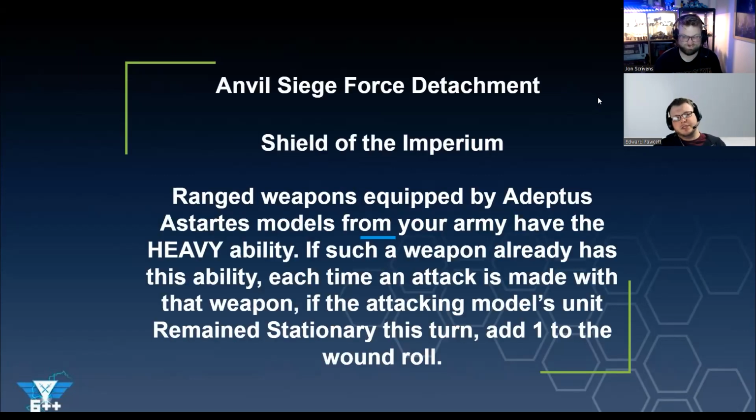But what do you get? So your detachment bonus is Shield of the Imperium. Effectively, all your weapons are heavy. If your weapon is already heavy, you get +1 to wound if you remain stationary. Now, on the face of it, that's a pretty good rule. The problem is there's not actually that many weapons in the Space Marine Codex that still have heavy that you want to run, which is an interesting...